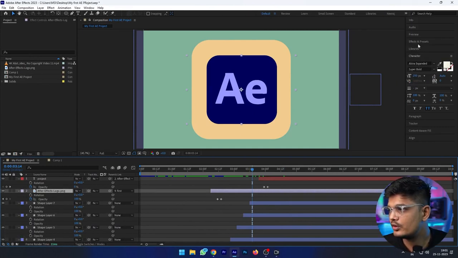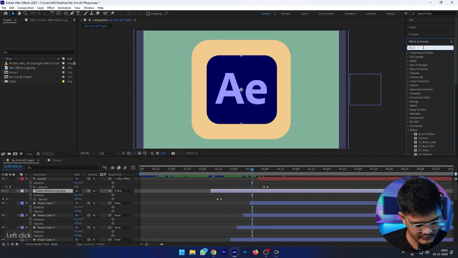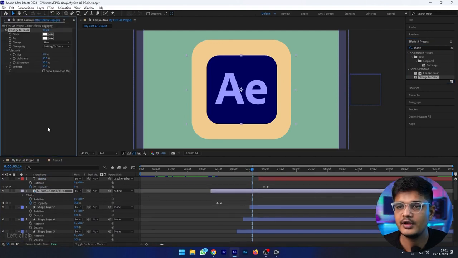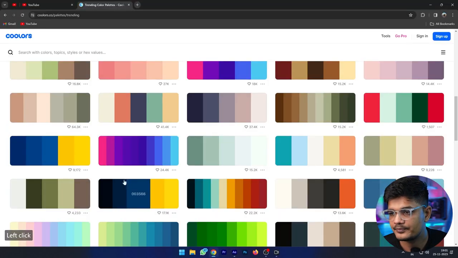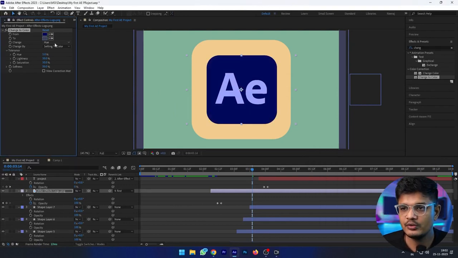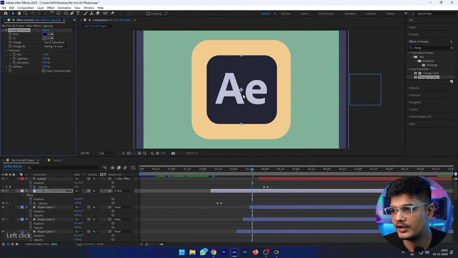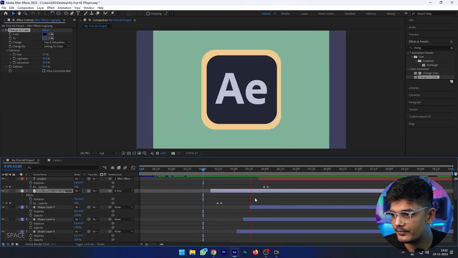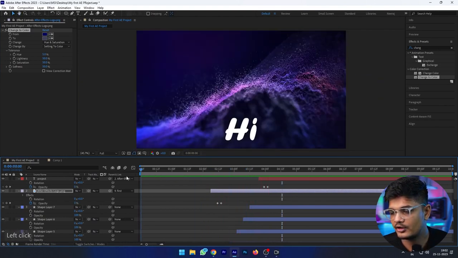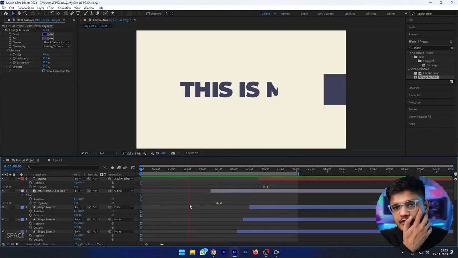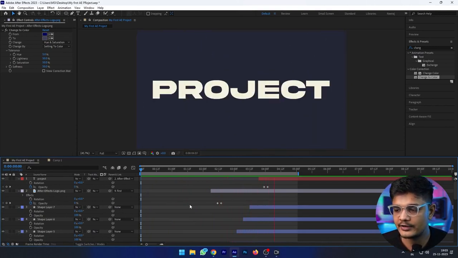What you need to do is go to effects and presets and change to color. Let's pick this color and paste it into the color field. Currently it's set to hue. Change it to hue and saturation. Its color is changed. Now we have changed the design's color totally. After changing the colors, the design is looking like this.